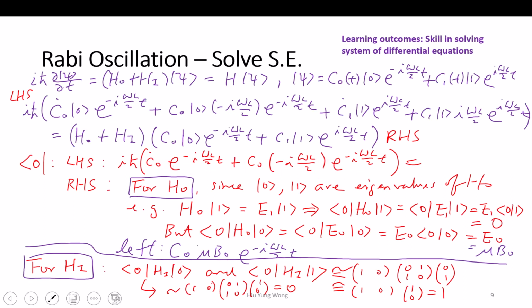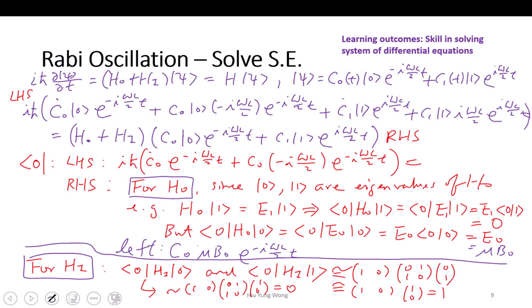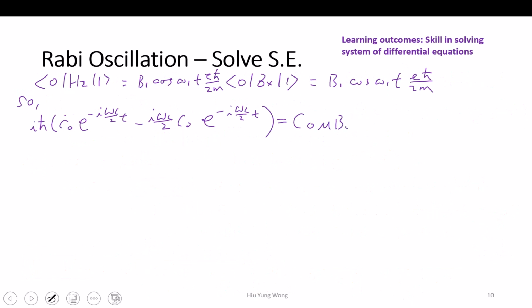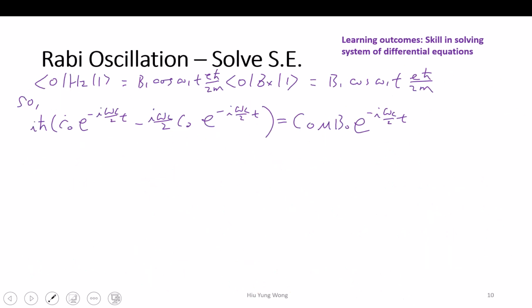Equals what? Equals, first, I have the H0 times this one, right? So this is C0 times E0, which is μB0, e to the power negative iω_L/2 t. Okay, so this comes from here, right? H0 is gone and replaced by E0, because H0 multiplied to here, e to the power negative iω_L/2 t. And then the whole thing